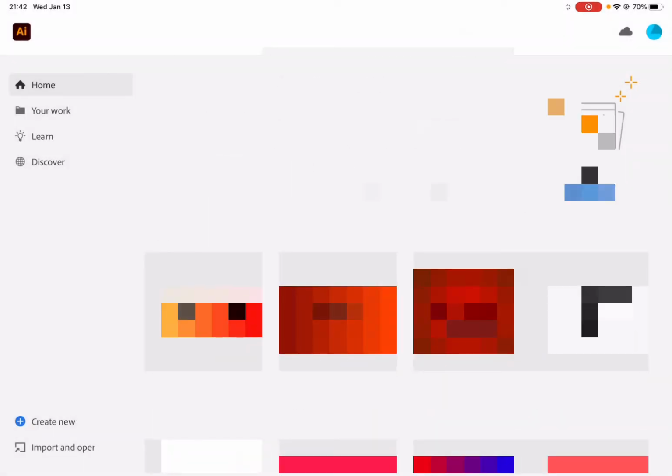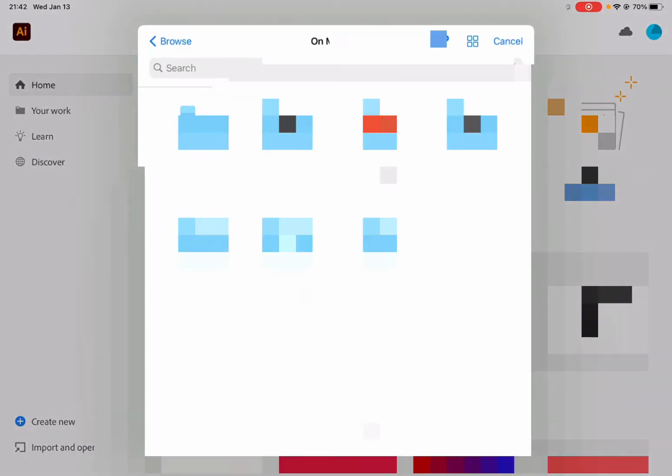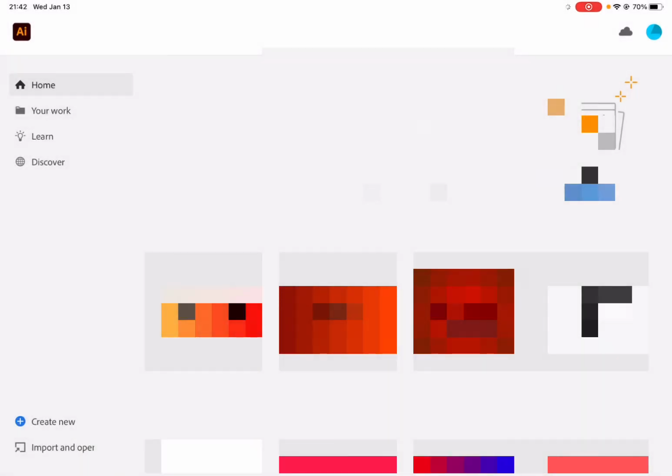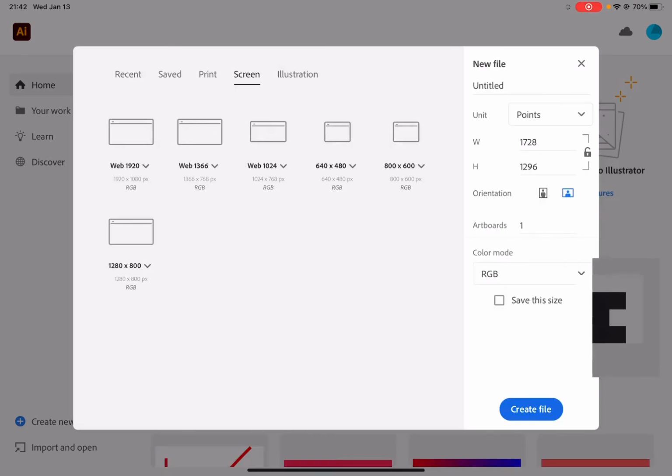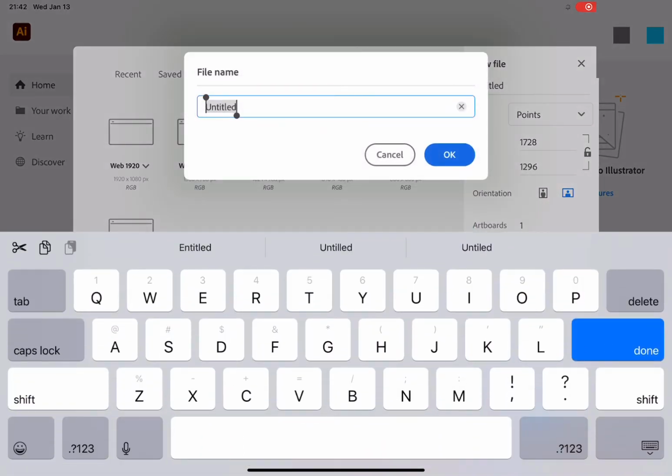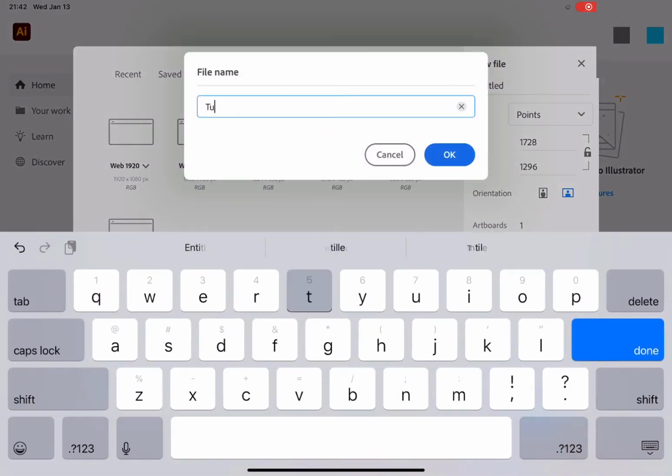Or what you could do is just press import and open and go to files and open what you want there. But what we're going to do to open the photos and stuff easier directly from the Photos app is simply create a new project. Now you can name this new file whatever you'd like. I'm just going to call it tutorial,